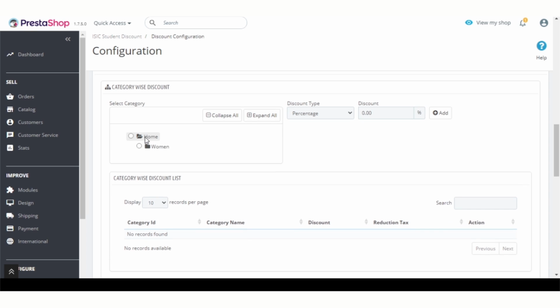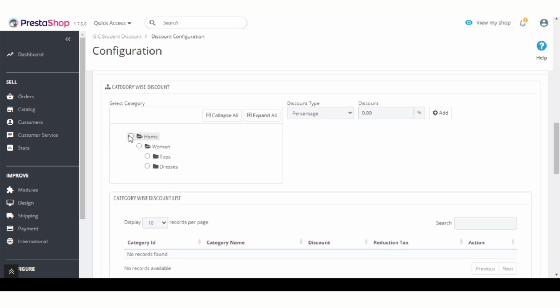Select the categories from here. Suppose admin has selected the women category. After selecting the category, configure the ISIC discount that will be applicable on the purchase of products from the selected category.